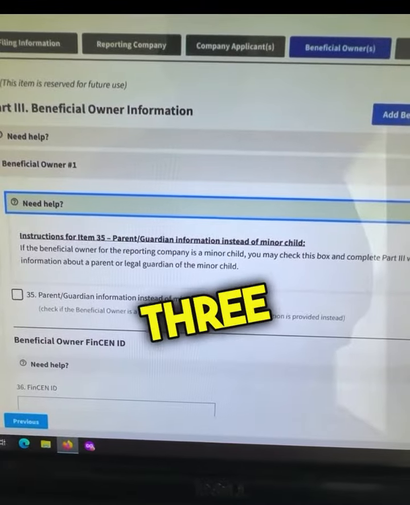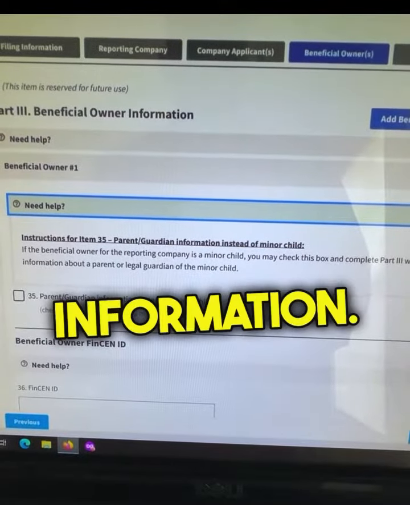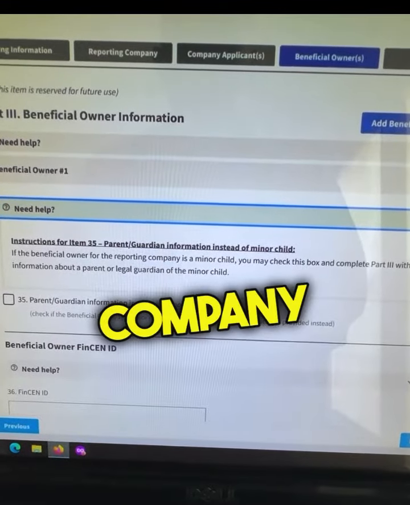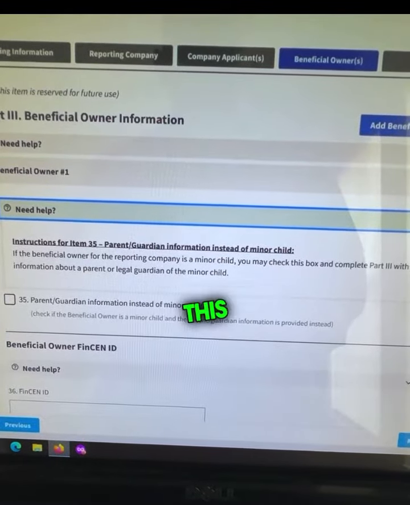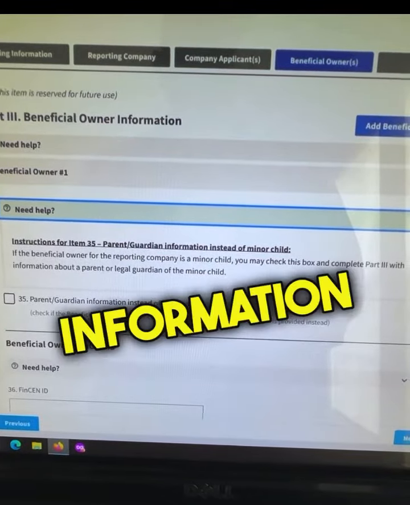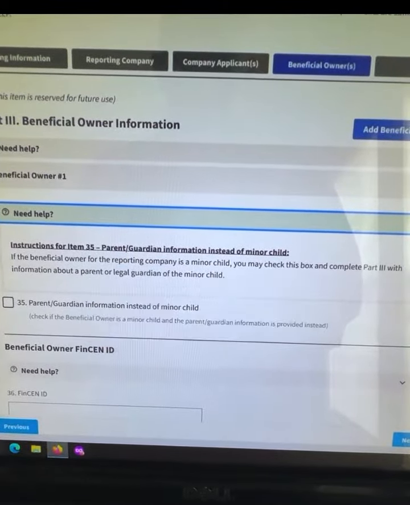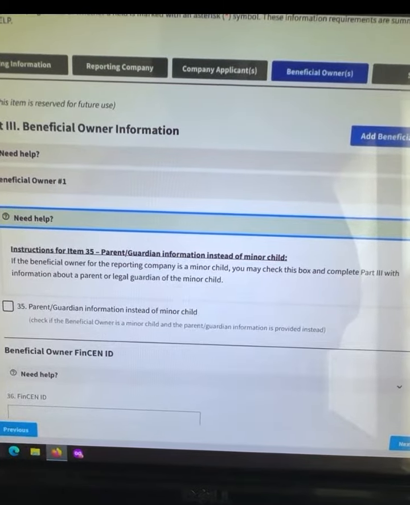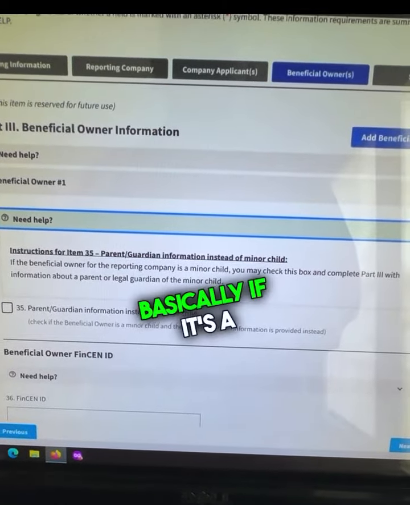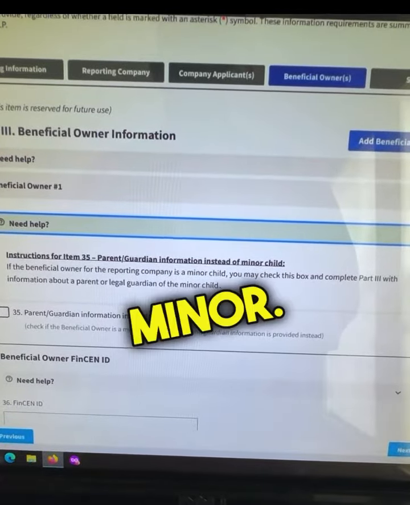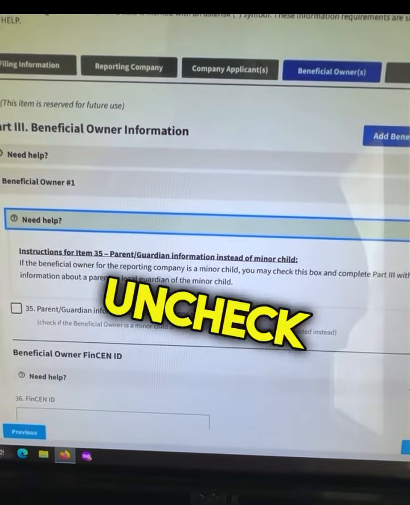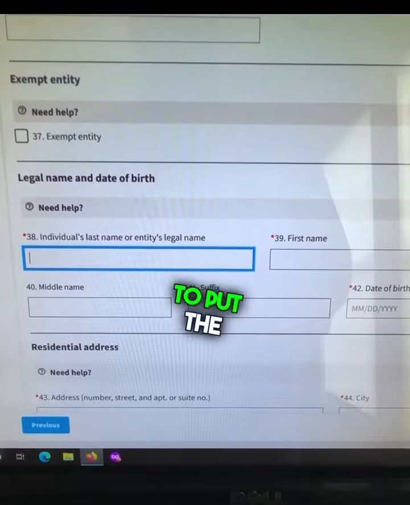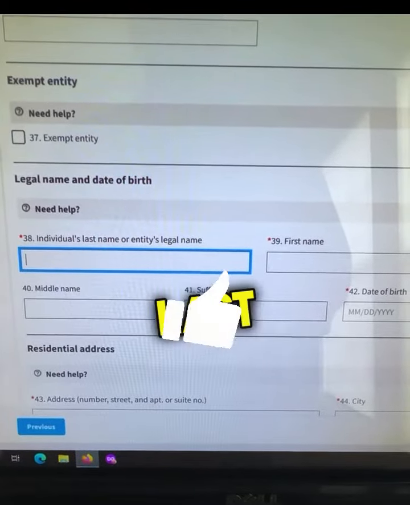It's part 3 of the beneficial owner information. As you can see, if the beneficial owner for the reporting company is a minor, you may check this box and complete part 3 with information about the parental guidance. And then, as you can see right there, number 35 is basically if it's a minor. So don't check this box if it's not a minor. So you're going to go to block 38 where you're going to put the individual's last name,